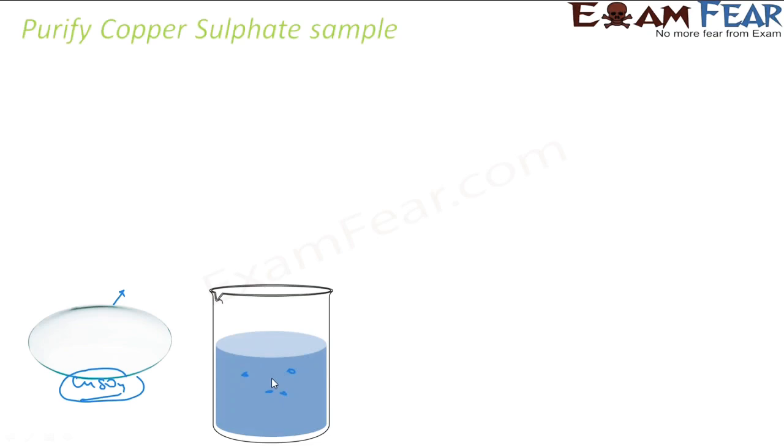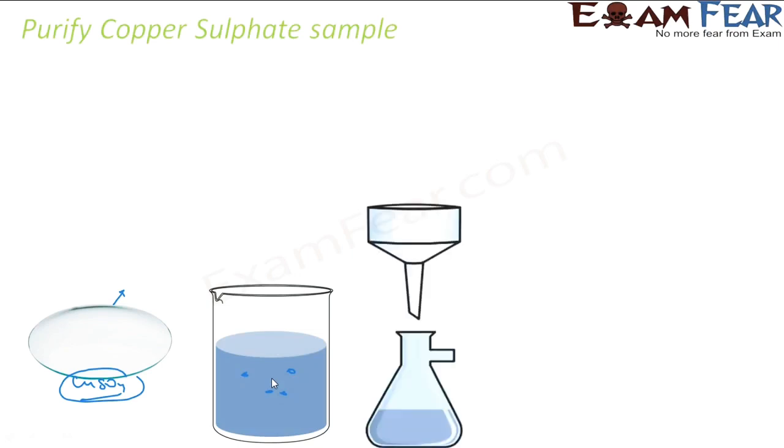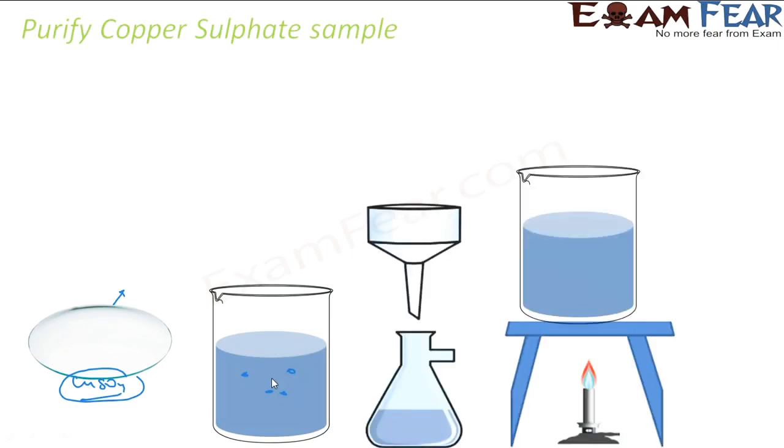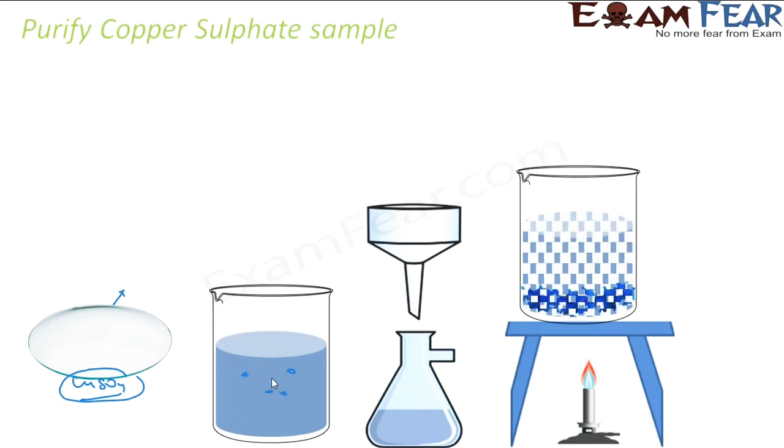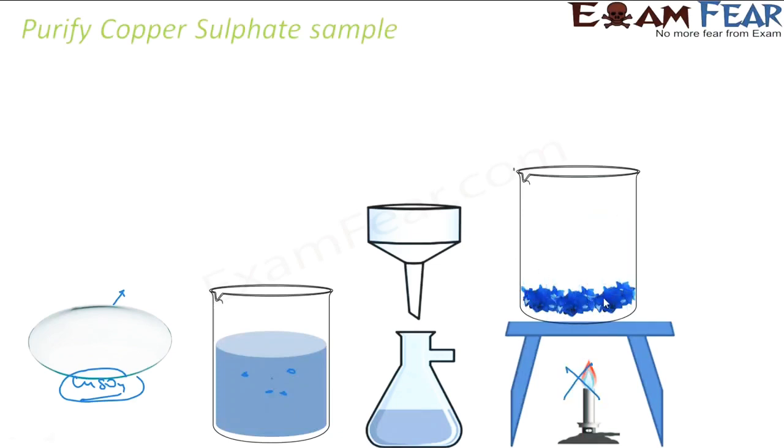Okay, and then once that is done, you keep it in this kind of jar, and you allow it to cool down. There is no heat here. If you let it cool down, then you will see that water will still be here, but this will become transparent water, and the copper sulfate crystals will get deposited here, and this process is called crystallization.